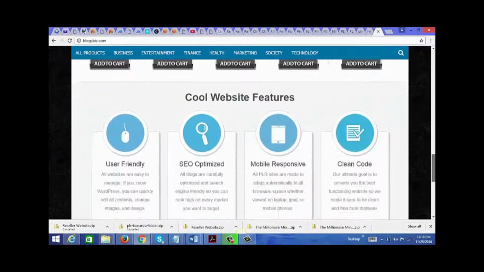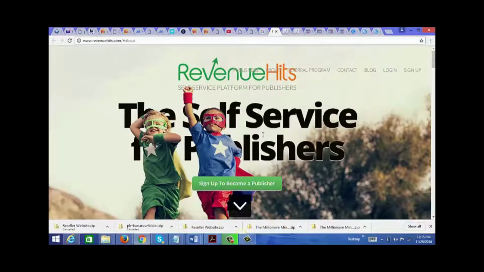Now, when you're placing the ads on your blogs, you can use AdSense as a platform to get paid. However, a lot of people do have trouble getting approved for AdSense, and some people even just get banned from AdSense. So there are a lot of alternatives out there, fortunately, and one of the very popular ones is a site called revenuehits.com, and here it's very easy and simple. You can get approved quickly, and you can start putting ads on your blogs and getting paid for